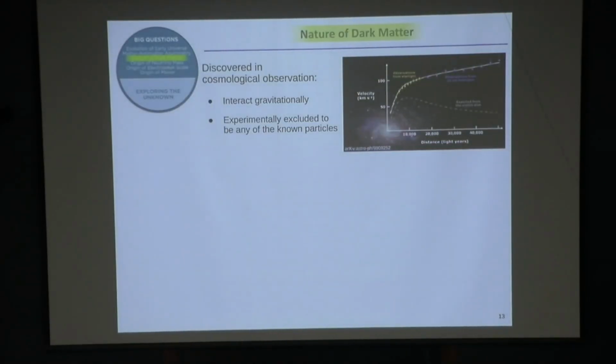And so I will start with one, which is one that you might have heard of, which is the nature of dark matter. Dark matter is something that we have observed cosmologically from measurements of, for instance, the rotation curves of galaxies. We know it's something that exists, but we actually have no idea exactly what it is.